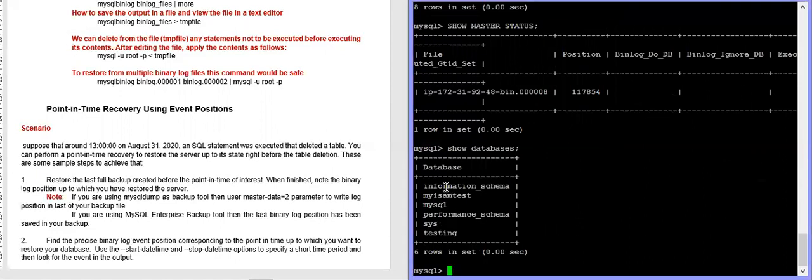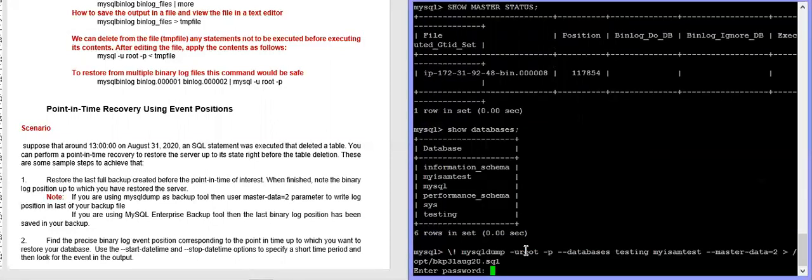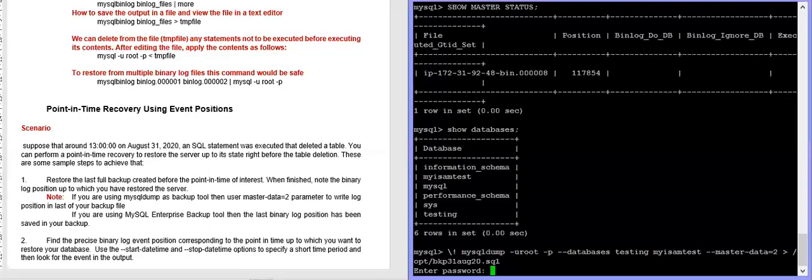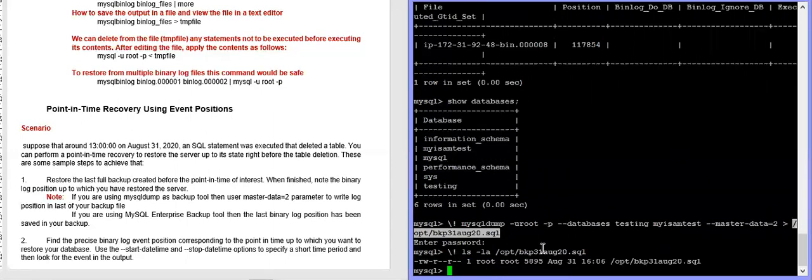These are system databases: information, performance, MySQL and sys. So I will take a backup of testing and MySM test. Put the password. Backup has been done. Let's see.